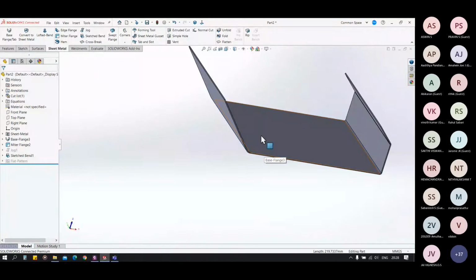Now tell me if you have any doubt in the jog and sketch bend. Ask, guys. The jog and sketch bend are mostly the same feature only, now, sir.